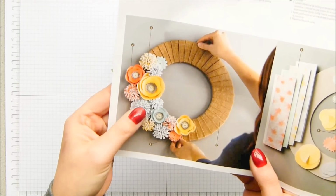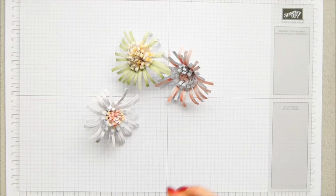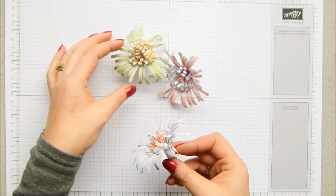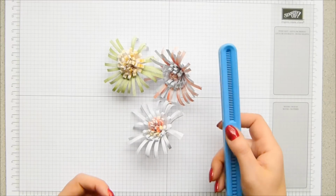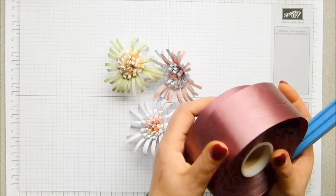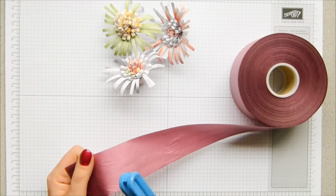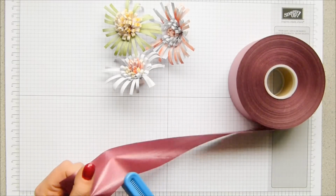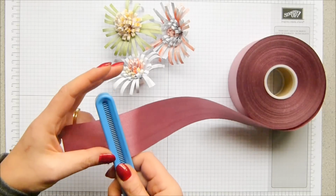I'm going to show you how to make a variation on a theme, because I've actually been making this style of flower for the last 10 or 11 years, and I have been making them using a splitting tool, which is one of these, and I do them with floristry ribbon. I have never really found an easy way to do it with paper, so I was very pleased when Stampin' came along and they gave us them already cut. So I'm just going to split this,